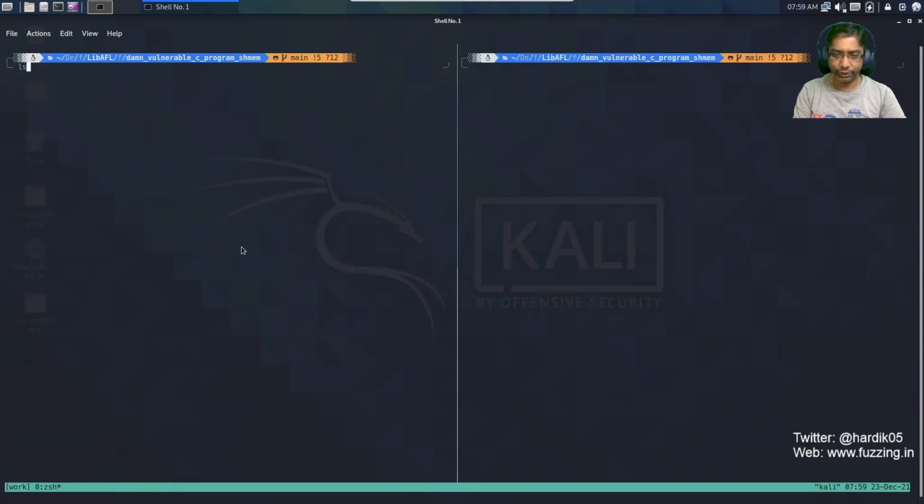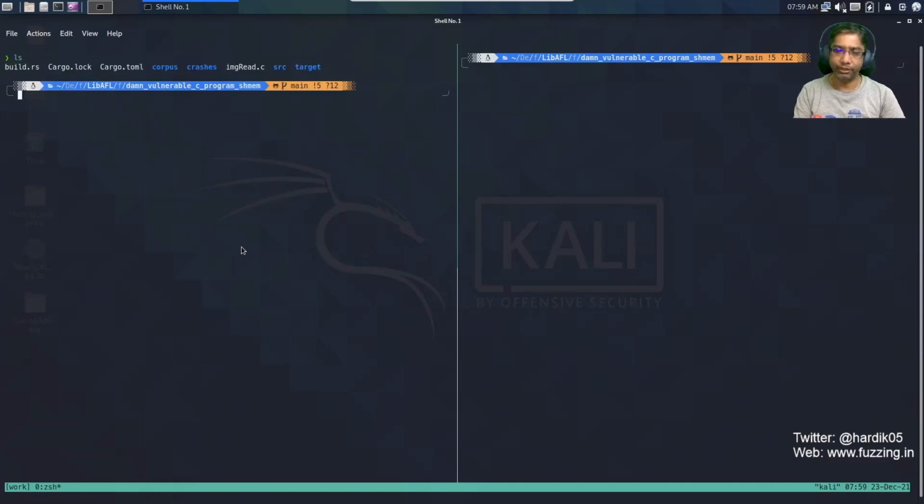First we are going to see what changes I have made to our LibAFL based fuzzer. The first thing is that I decided to use AFL++ over here because I'm not very sure if the vanilla AFL supports this shared memory mode. So you need to install AFL++ on your system. If you don't have it, you can simply go to the AFL++ GitHub repo, clone it and compile it.